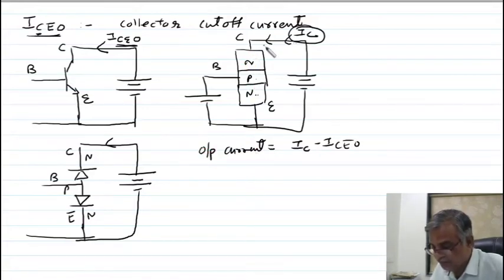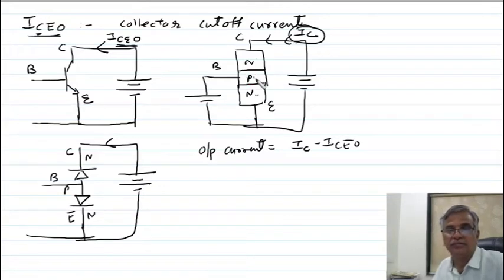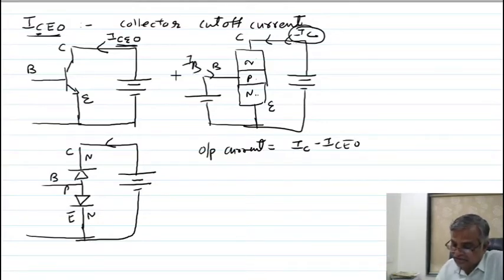This electron will go and constitute the collector current. But due to reverse bias, some electrons also go here and constitute the leakage current. So the current in the output section is due to the electrons of the emitter and the minority charge carriers of the base. So the current flowing in the output section due to the emitter electron is nothing but the collector current minus the leakage current. And you know that your input current is your base current.